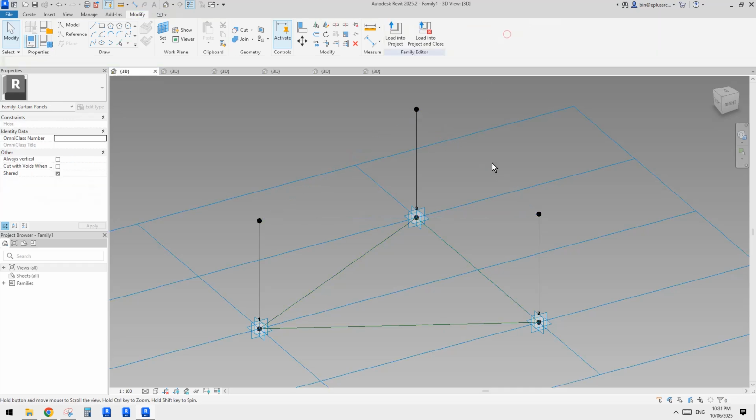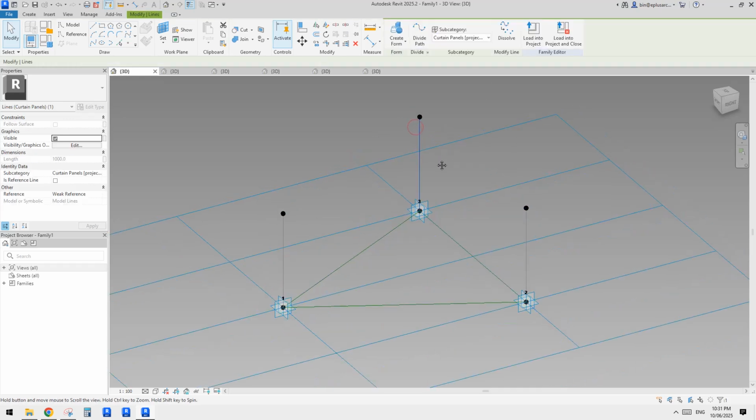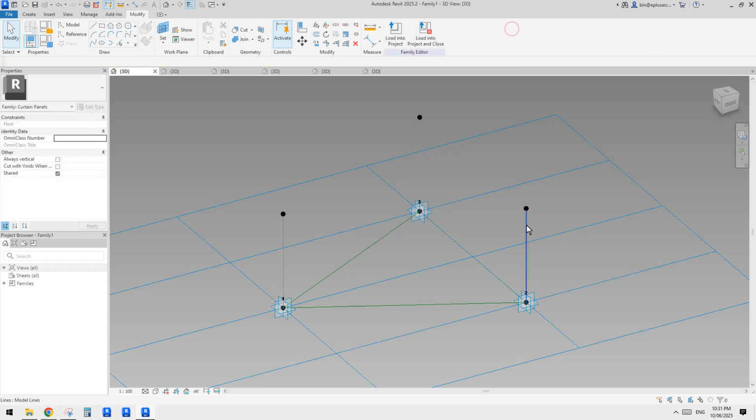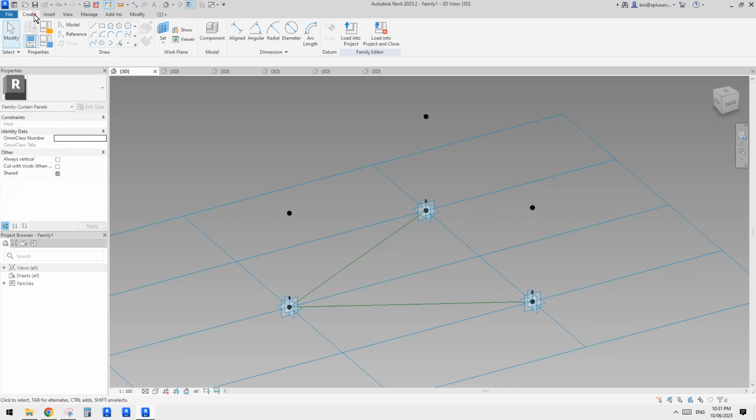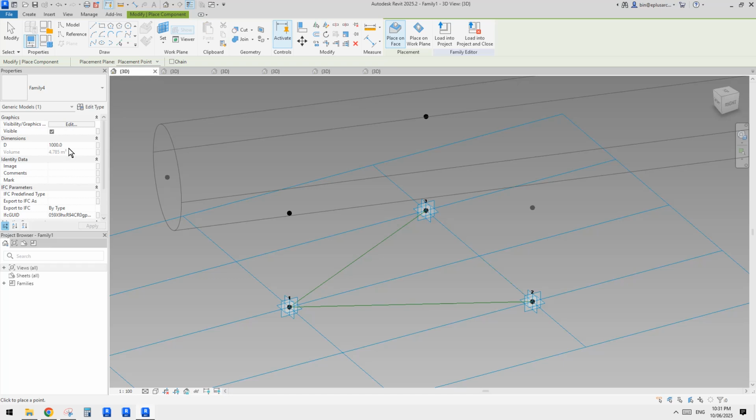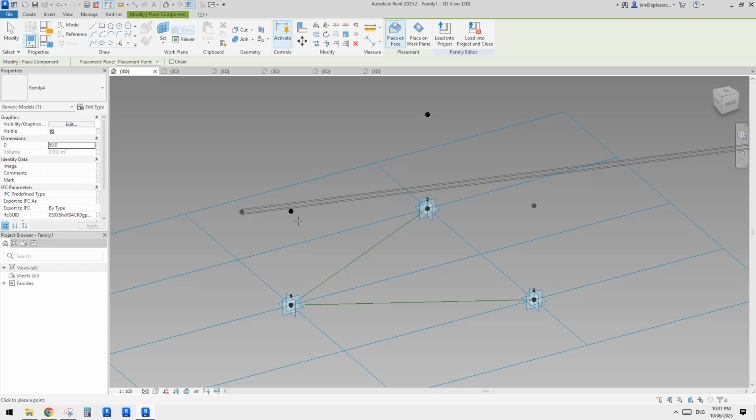Just use dissolve. And also we probably don't need this one. Yeah, dissolve. We don't need these to dissolve. So we only need the points. So create component 50. I should have changed this parameter to 50 before I loaded